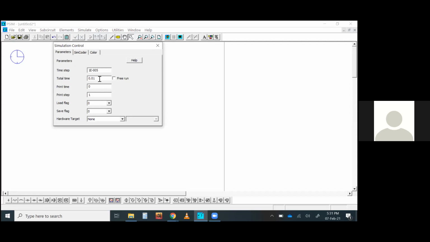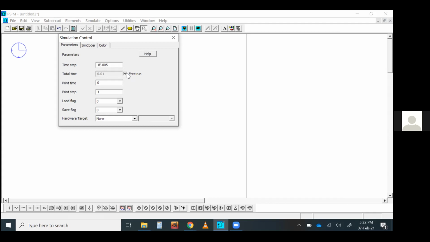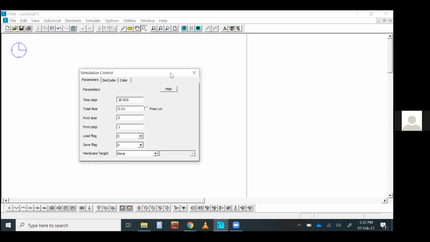If you mention 0.01, that means your simulation will run only for 0.01 second, and after that you will get your result. There is another point, that is free run. If you click here, free run, that means the simulation will not stop unless you stop it forcefully. There's a stop button as well. So if you are running the simulation in the free run mode, it will continuously run. You can do all kinds of things in between. You can change the parameter and see the result. You can turn on, turn off, everything you can do and check the result in between. That's the privilege given in this free run mode. So later we will see how they actually act while you're running a simulation.